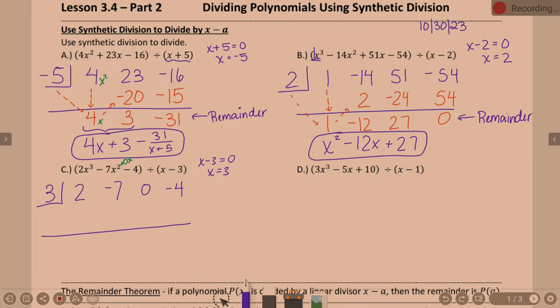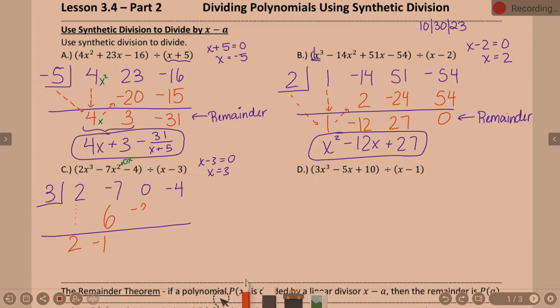Okay, what was your first step? Bring that 2 down, and then multiply. So 3 times 2 is 6, and I'm putting that under the negative 7. What am I doing with negative 7 and 6? We're adding. What is negative 7 plus 6? He said negative 1, yes? Okay, what's our next step? Multiply 3 by your most recent number. So 3 times negative 1 is